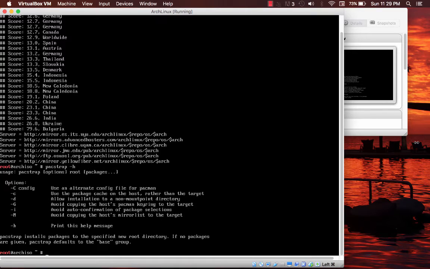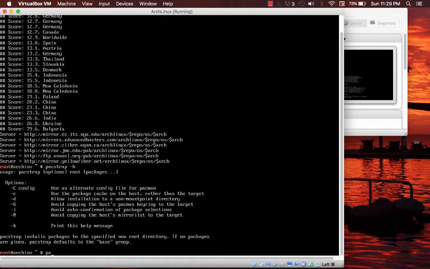So we'll do -h, which is the help option usually for commands. And so what we're doing with -i is avoiding auto confirmation of package selections. Basically it's just going to prompt us